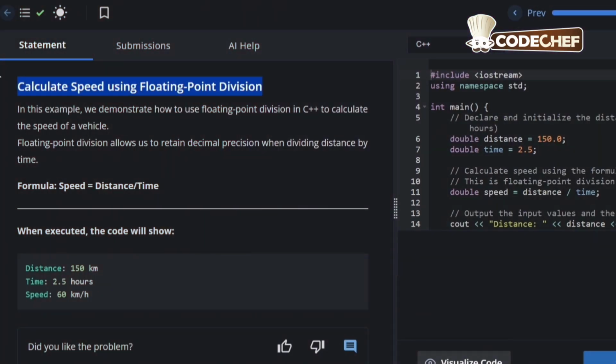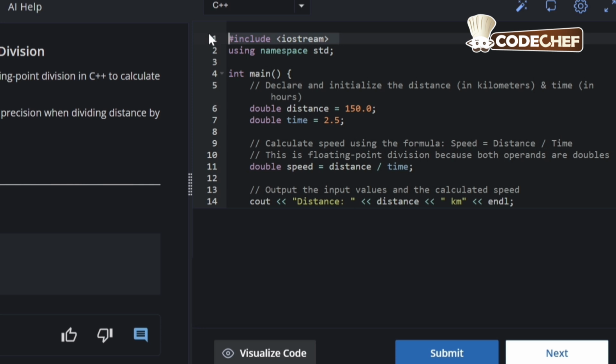The program objective is calculate speed using floating point division, and the expected output is distance colon 150 kilometers, time colon 2.5 hours, and speed colon 60 kilometers per hour. Coming to the code, #include <iostream>, using namespace std;, then int main. Now we are going to declare and initialize two variables. So double distance is equal to 150.0; then double time is equal to 2.5;